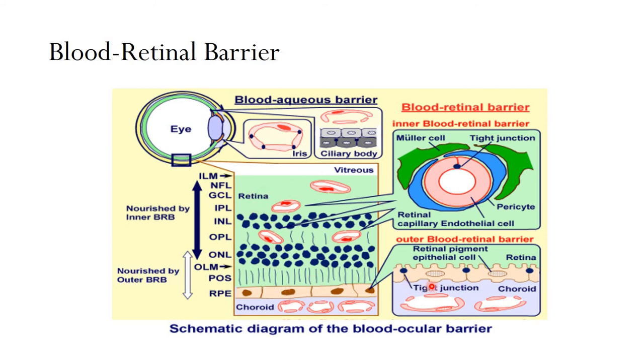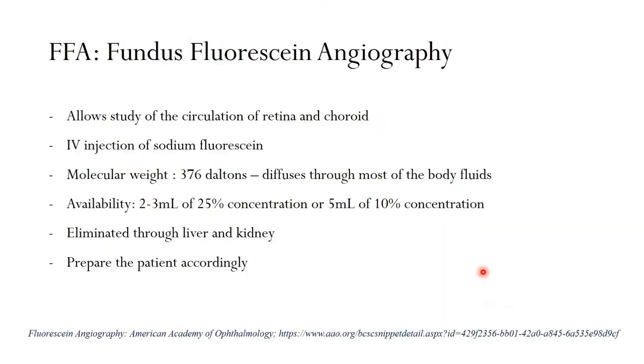So if you look here, there is a tight junction which will not allow the blood to flow in here. So when these tight junctions are loosened up, there will be blood which is going up. So that's how a hemorrhage is seen.